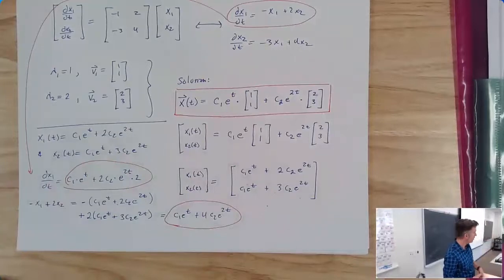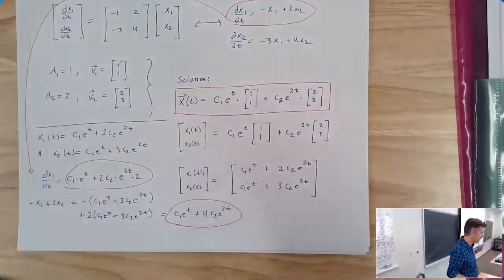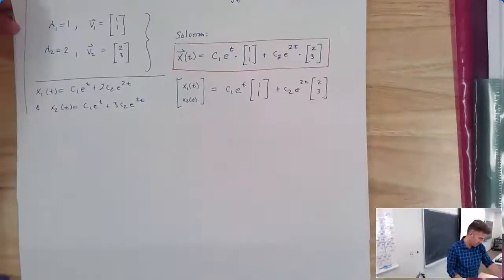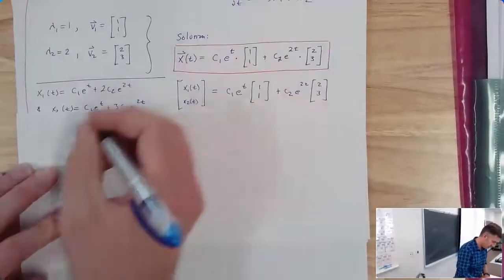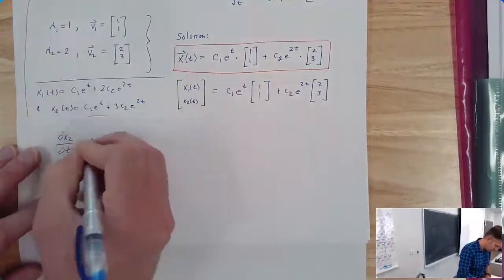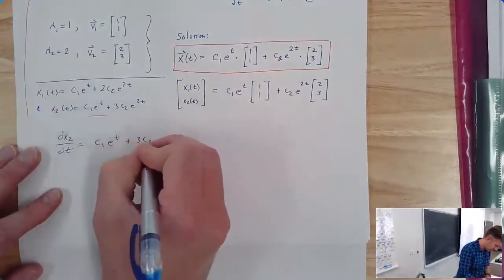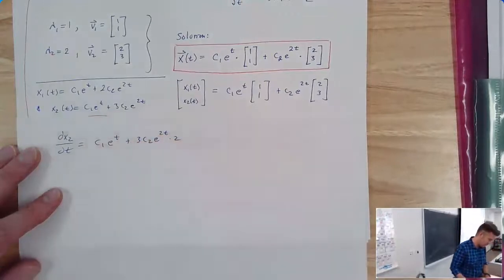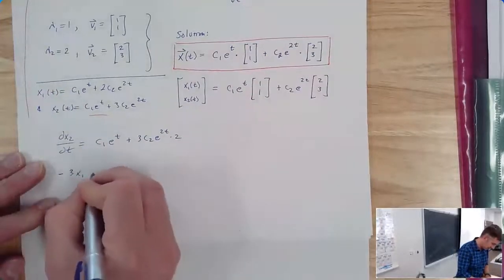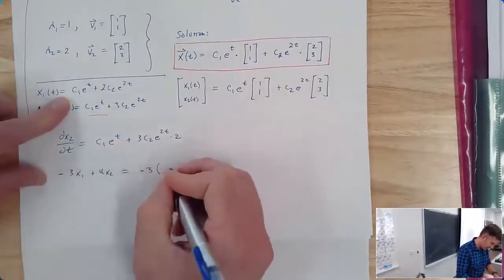And the same thing would also be true for this equation here. Let's do it to really verify. So for that equation there, we're going to take dx2/dt, so just taking the derivative, dx2/dt is going to equal the derivative of this, which is c1 e^t plus 3c2 e^(2t) times 2. And the other side of it, negative 3x1 plus 4x2 is going to equal negative 3 times c1 e